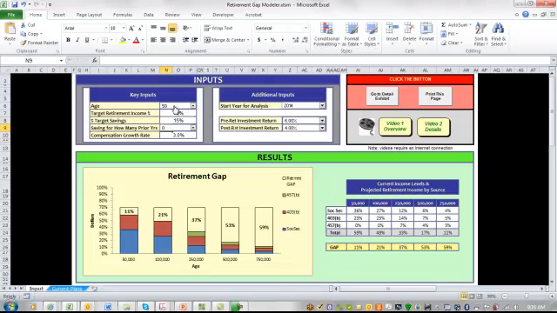If I'm looking at a 50-year-old, then I might want to change the number of years that savings have been going on prior to now from, let's say, 0 to, let's say, 10. And I can also change the rate of compensation growth. Some additional inputs: I can change the start year for the analysis, and importantly, I can change the investment return